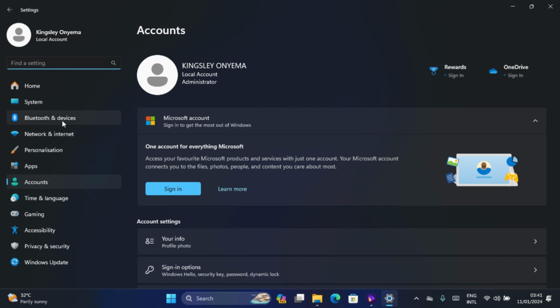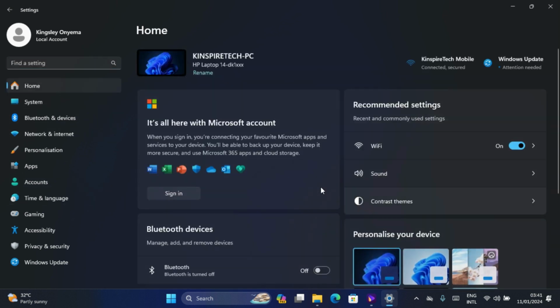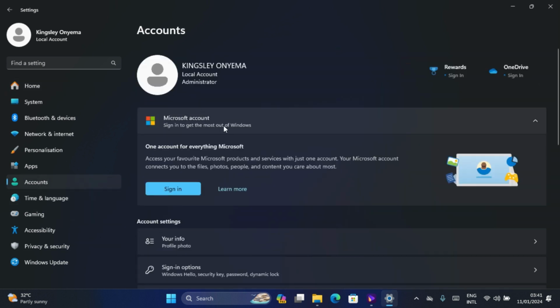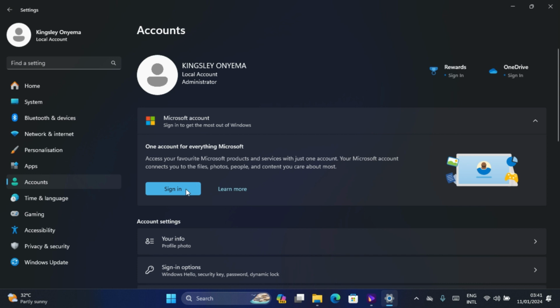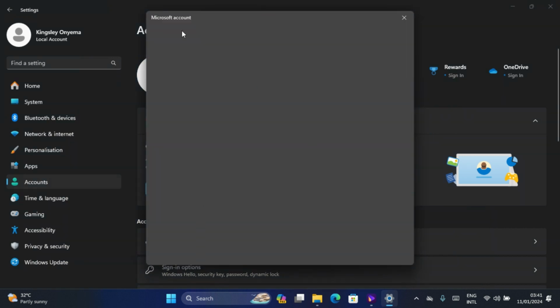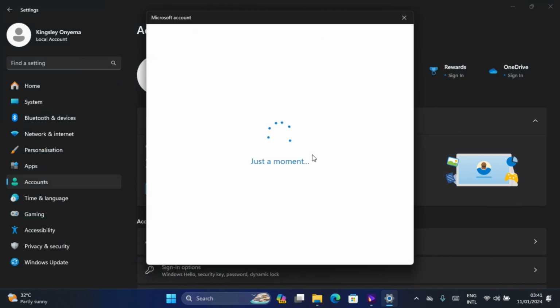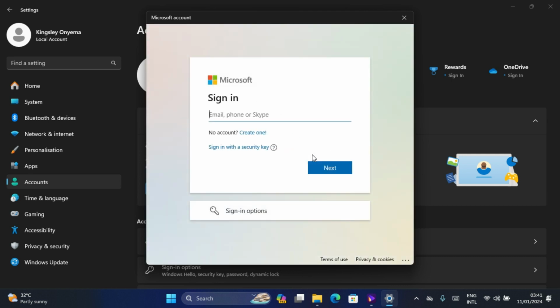So I'm just using the later version. That's why it has this dashboard over here where you can set up everything from here. So you can come to account. It's still the same process. So here I'm going to one account for everything Microsoft. I'm going to sign in my account here, so I'll click on sign in. This dialog window will come up. It comes up on Windows 10 and also Windows 11. So this is where you're going to